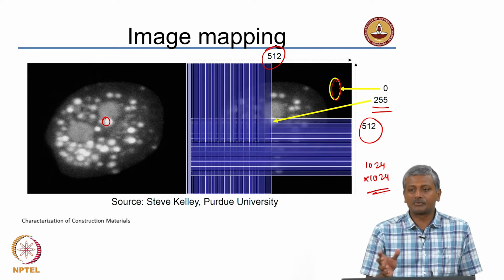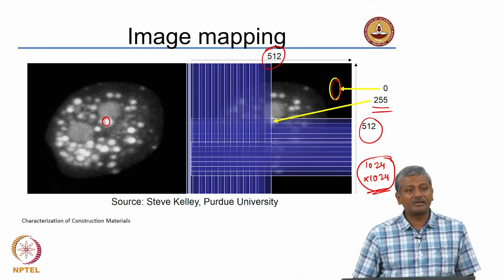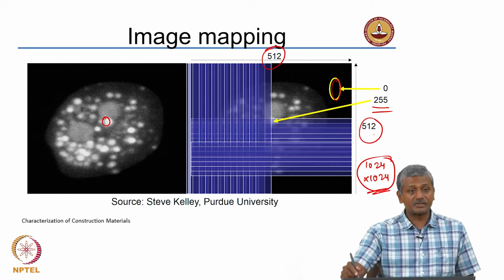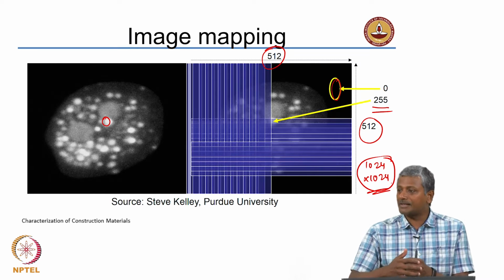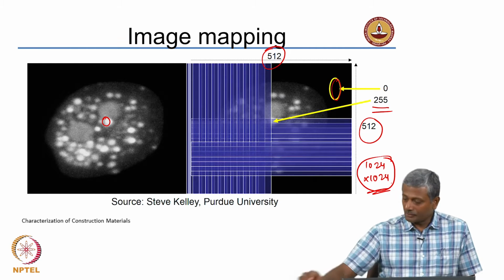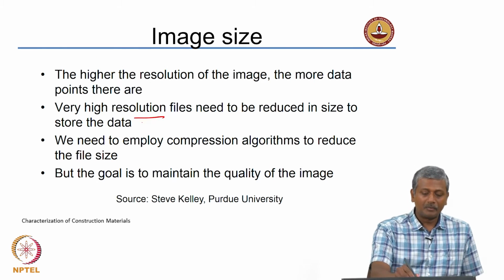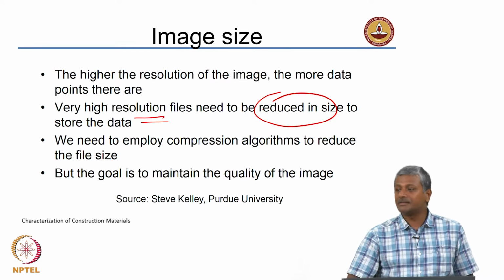We are improving resolution because we have more pixels for the same area, but this now means that my operations with this image will take more time, because now my matrix is 1000 by 1000 or 1 megapixel, right. I have reached 1 megapixel in this case, because this is 250,000, this is 1 million. So, it is basically your computing power now required to analyze the same image goes up by 4. Now, this way you can actually enhance images with very high resolution also, but the problem is if you want to store these high resolution files, you need to reduce the file in size.